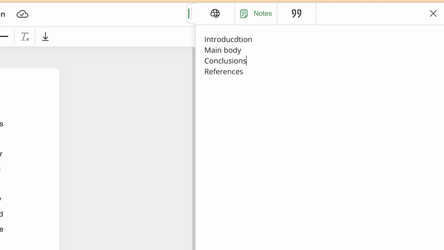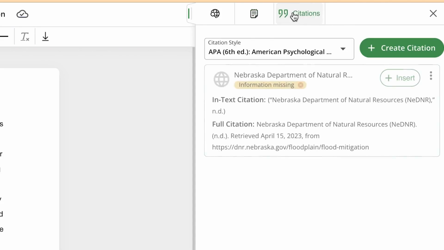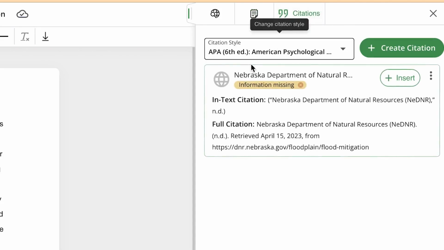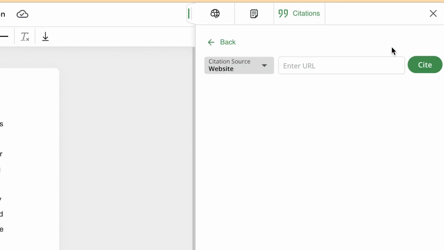Now the next part to this co-writer is the citation. Okay, citation is a very good feature that you can use within the co-writer, because it helps you to write citations easily. You can create a citation directly from here by just clicking on this, and you could insert the URL if you are dealing with a website.